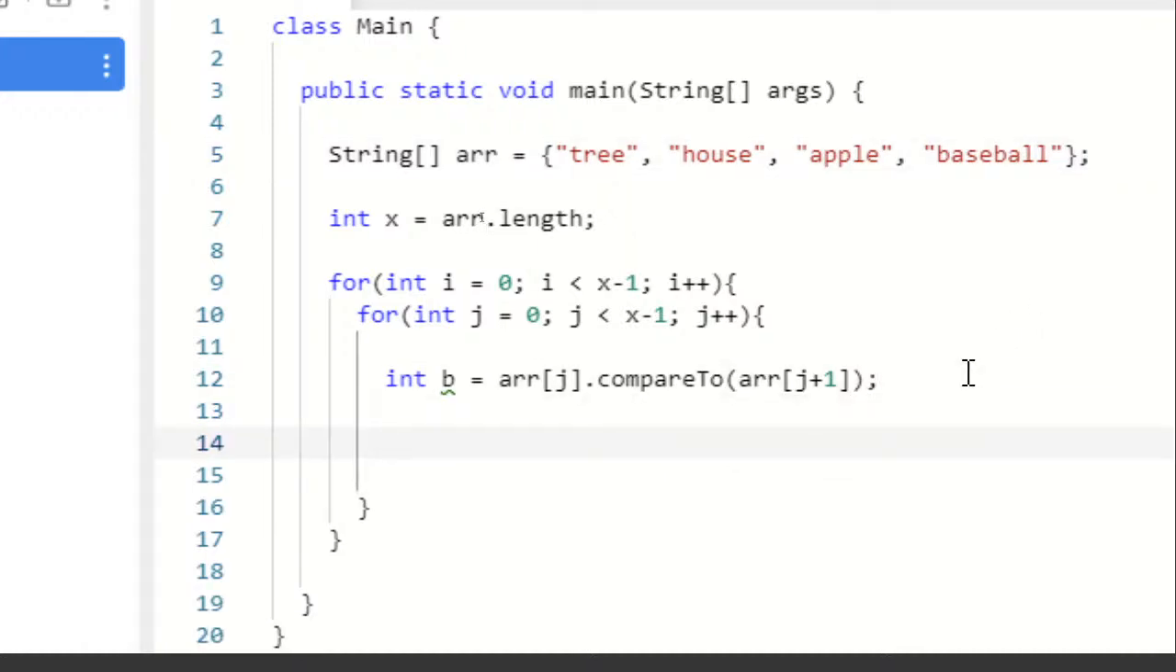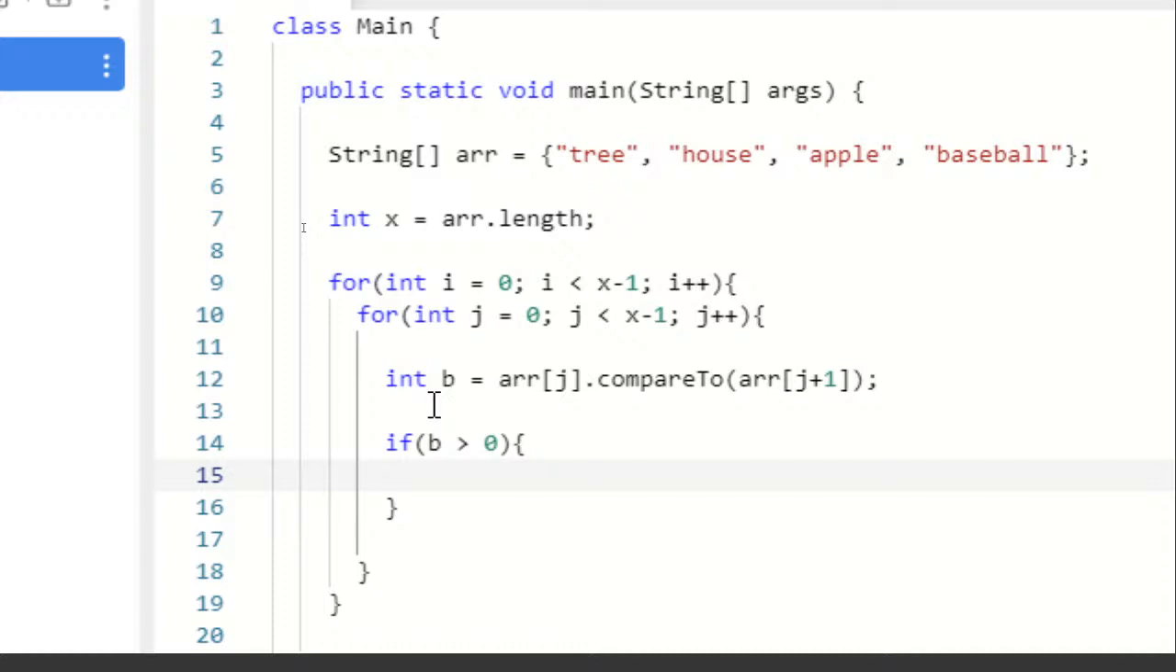So I can say, well, if b is greater than 0, then that means that this word is bigger than this word, which means that our second word would come before the first word in the alphabet. So we'd want to switch those back and forth. In order to do that, we need to create ourselves a temporary container that can hold a value for just a moment. So that would be string temp equals